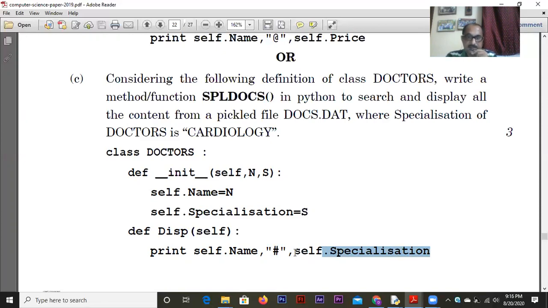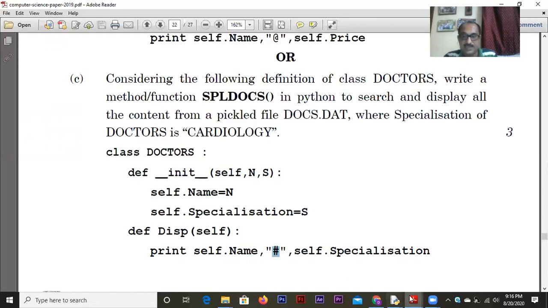This is how the record is written into a file. In between the name and the specialization, they have used one hash symbol. Either space or hash, whatever it is, that is the separator. So I can imagine that the binary file is maintained this way: name, a hash in between, and specialization.